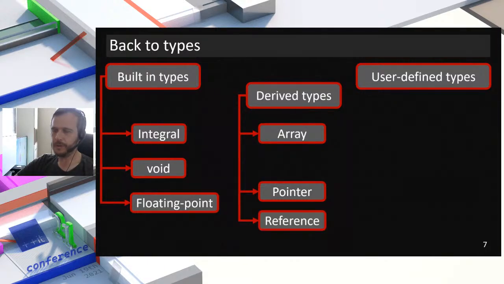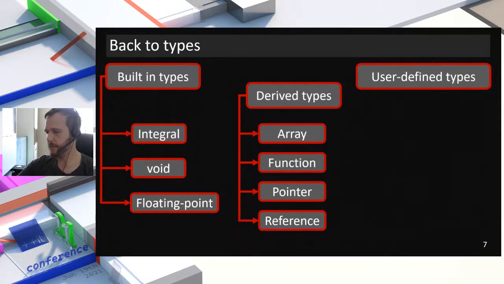We've got references. They really want to be pointers, I think, but they fail kind of at it because they are safe. And we've got functions, which also boil down to pointers in the end. So derived types basically are just for indirection and dealing with addresses and stuff like that. And